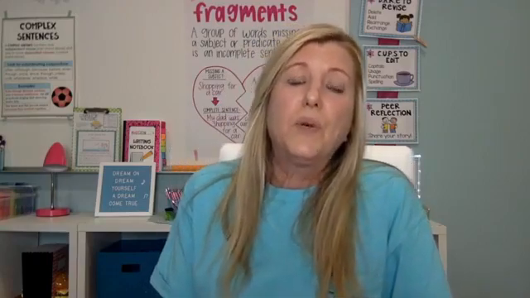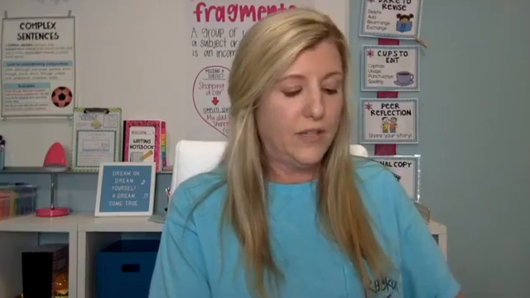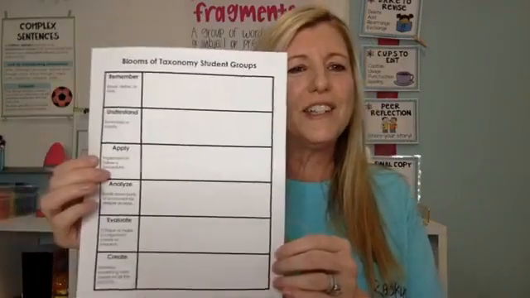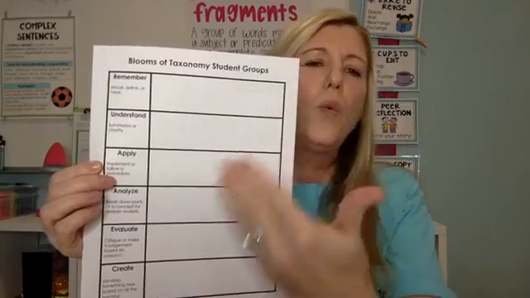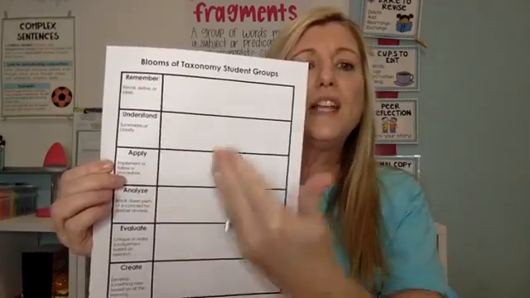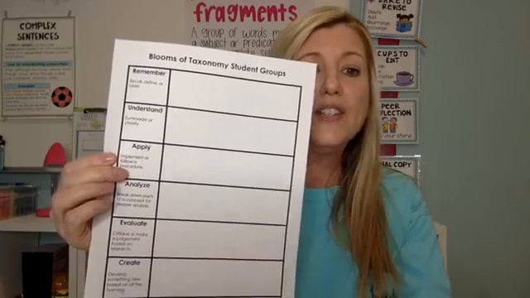Another way is through depths of knowledge or Bloom's taxonomy. And what I do is I take whichever one your district uses. I take that and I put it in a chart, and in the chart I list all the names of where the kids are. Which children are on the remember stage, the understanding stage, the application stage? Whatever stage they're in, you want to group them and have that listed so that whenever it's time for individual lessons, you'll have that already.